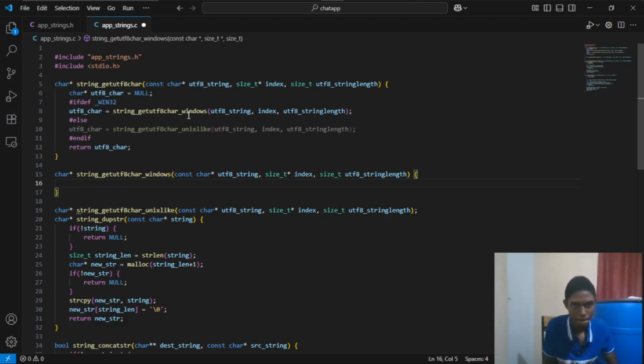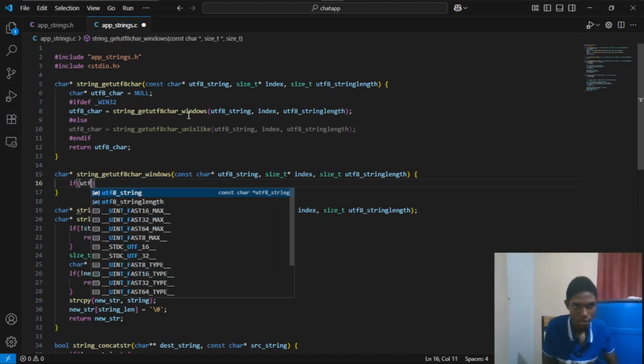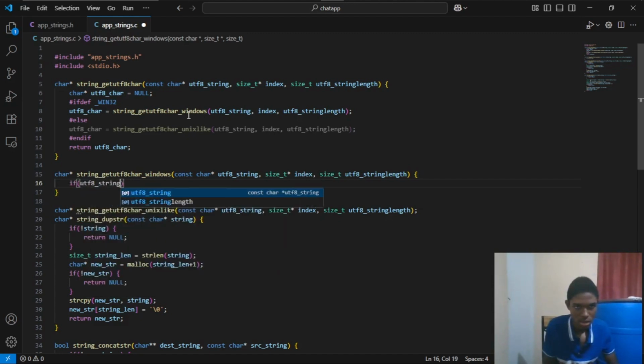So we'll say if UTF-8 string at our index is equal to 0x, ampersand, 0x80, and 0x80, guys, since